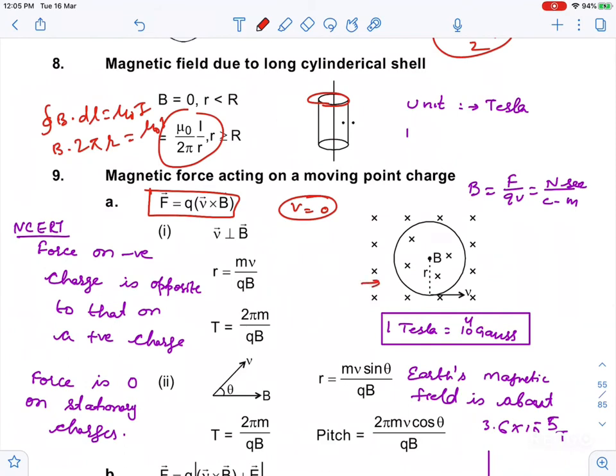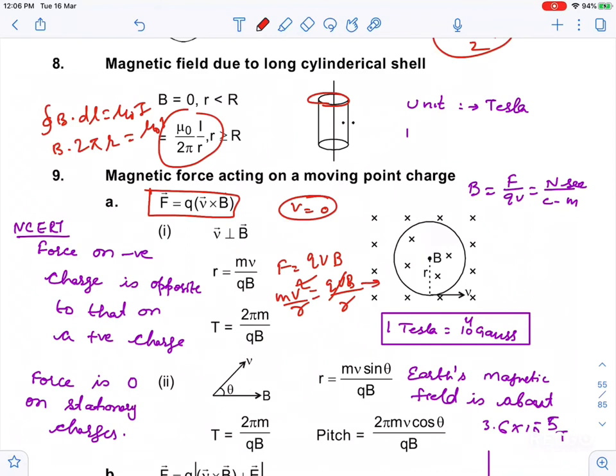So only moving charges can experience magnetic force. Guys, I have written here, whenever you throw a charged particle like this, it will move in a circle. So you can say that force is equal to q v cross B, so q v B sin theta. And this is nothing but m v square by r,